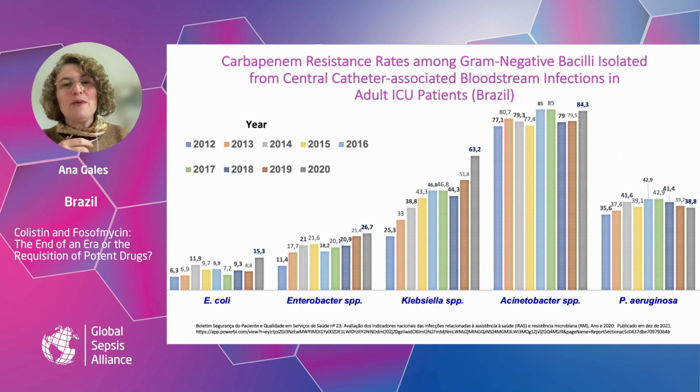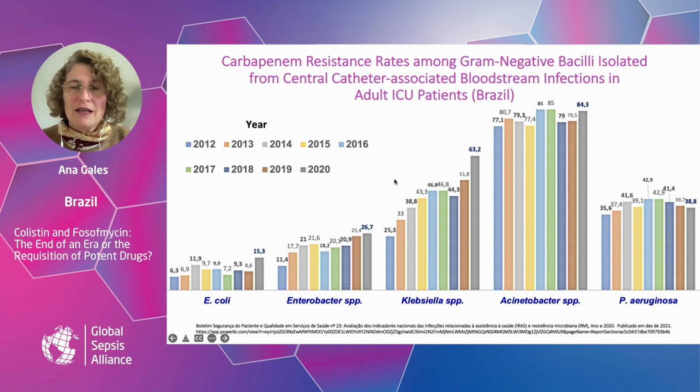Just an example, this is the carbapenem resistance rates found among gram-negative bacilli causing central catheter-associated bloodstream infections in patients hospitalized in ICU. Each bar represents 1 year. So you can see that we have very high rates of carbapenem resistance in Brazil. So just to have an idea,